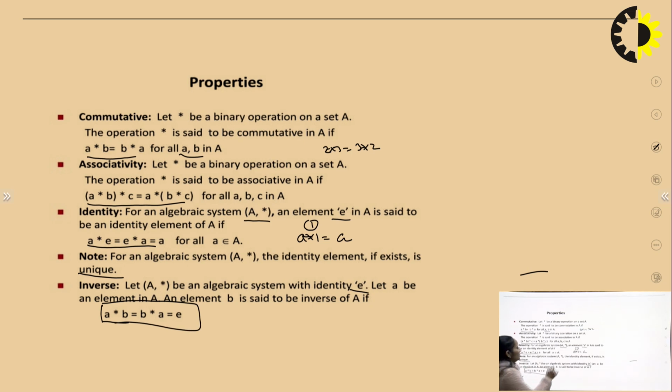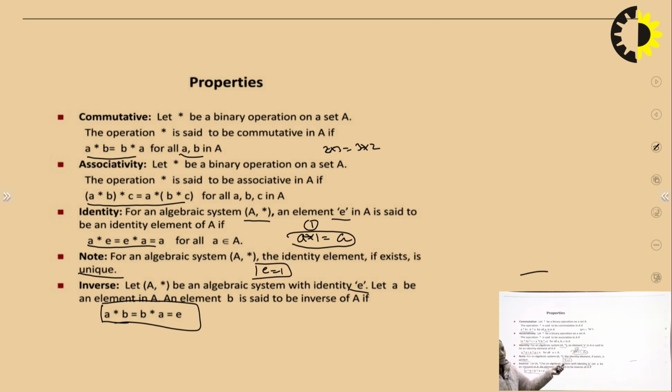It means that, suppose we are taking again the multiplication operation. Here the identity E is equal to 1. How can we say that identity E is equal to 1? If we are performing the identity element, A star E, then again we can get the element A. So here A into E, that is A into 1, we can get A. So here E is equal to 1 is the identity.